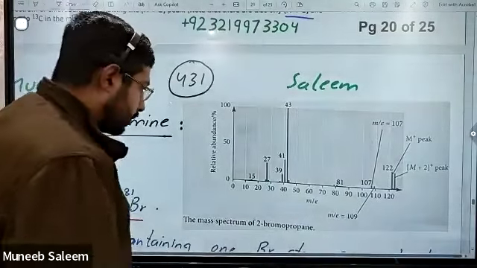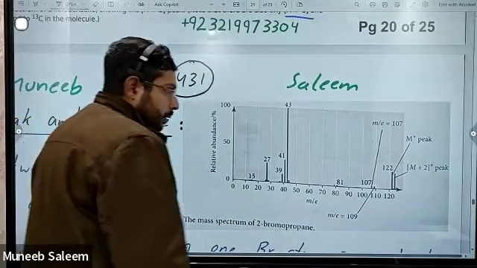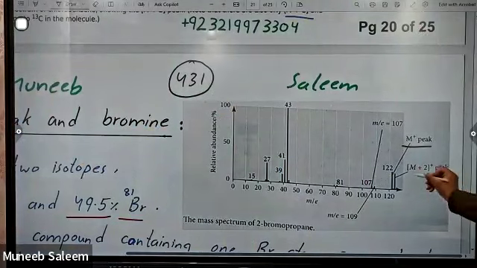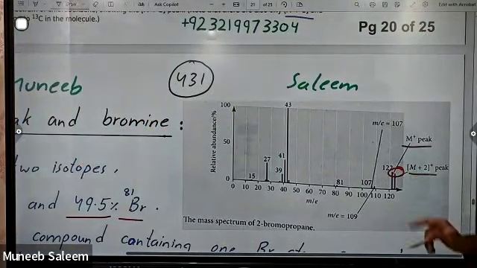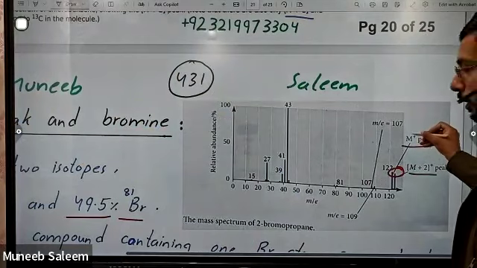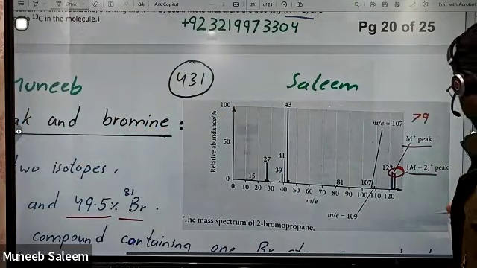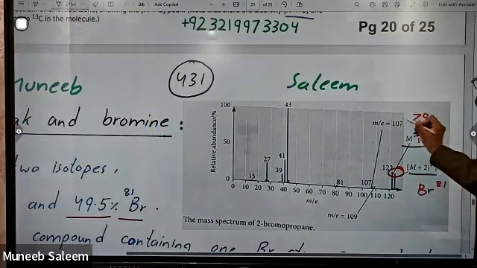So for one bromine atom, the M plus peak and M+2 peak will be almost of the same intensities. M plus will be the one when you have the 79, and M+2 will be the one when you have a bromine of 81. So bromine 81 in this case and bromine 79 in this case,